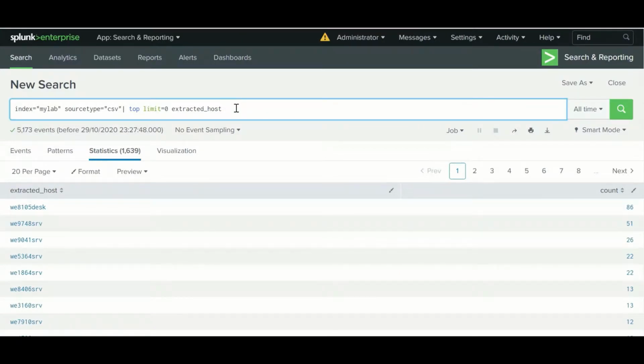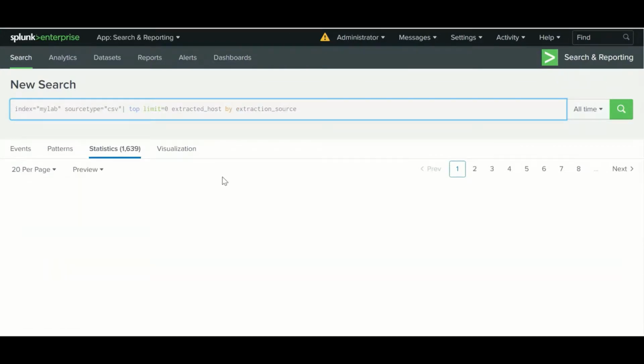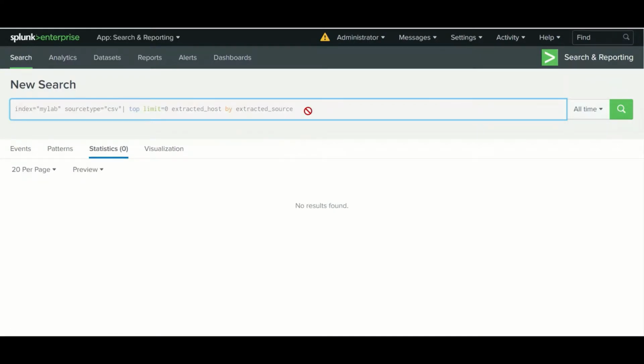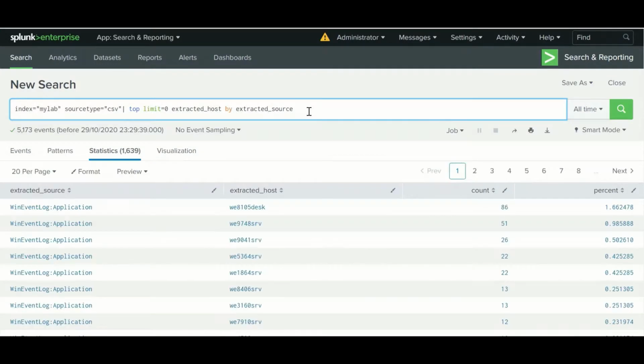You can use the by clause with the top command. So extracted source, there is one field. You can see by source there will be this many hosts.